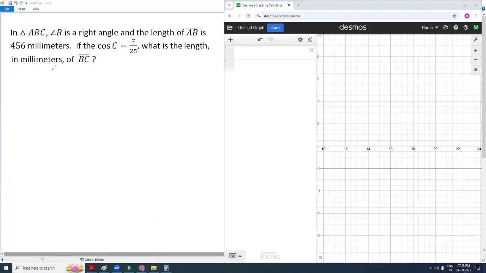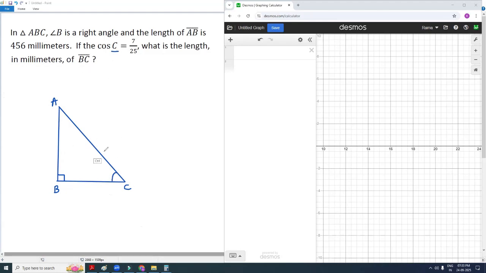Okay, let me draw a right triangle. Here I have drawn a right triangle. Since the question says angle B is a right angle, let's take the vertex B at the right angle over here. And let me take the vertex A over here and C over here. Now let me consider the interior angle at the vertex C because we have the value for the trigonometric ratio cosine